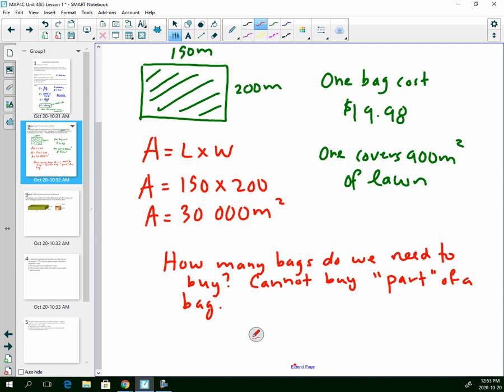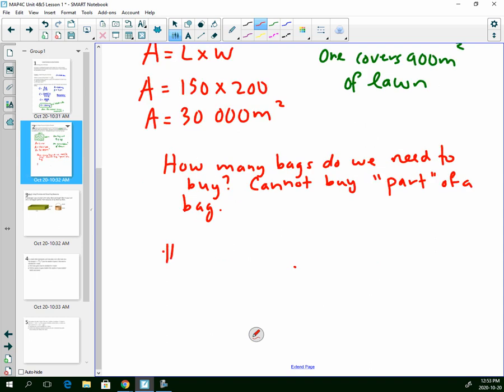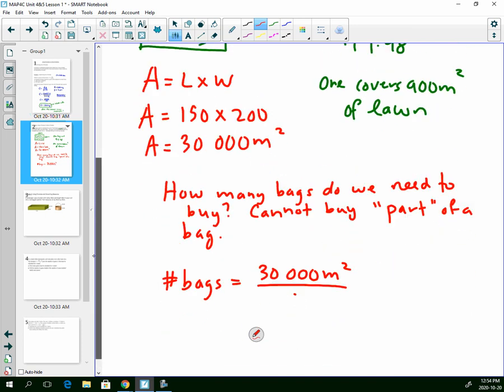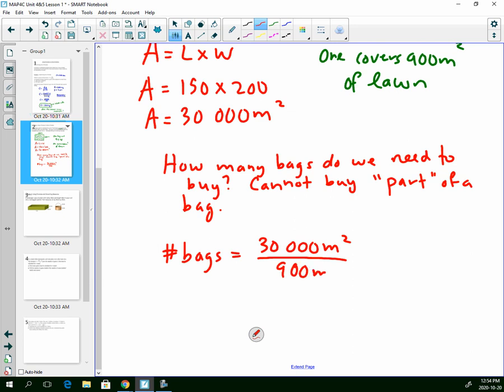So I'm going to take the area. The number of bags I will need will be the area that I have to cover divided by the area that 1 bag covers, which is 900 meters squared. So I'm going to do 30,000 divided by 900. And that's 33.3 bags, right? My units cancel. Or 34, right? Because I can't buy a third of a bag, so I need 34 to make sure I